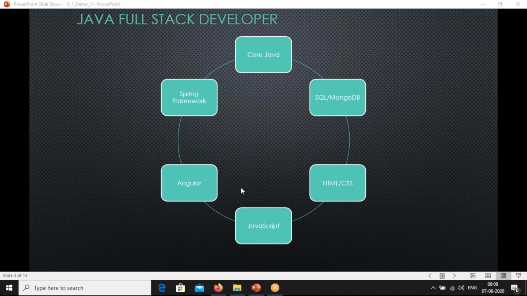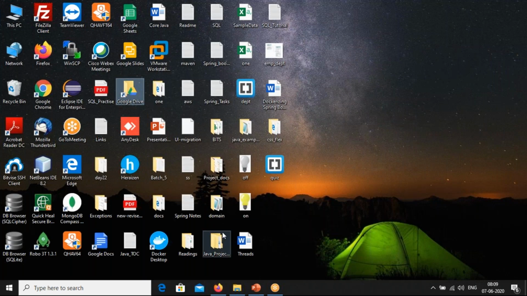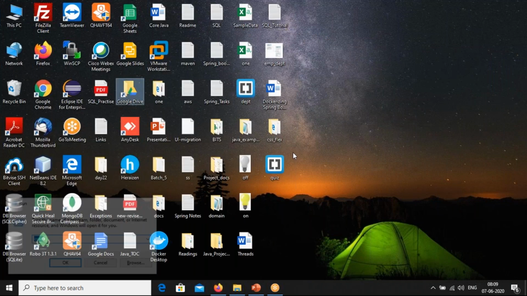At the same time, JavaScript knowledge will help you in MongoDB as well, especially when you're dealing with MongoDB. You'll be writing queries as JSON objects, like you write queries in JavaScript. Then once you get a hang of Java, HTML and CSS, and a fair knowledge, we'll move to the Angular framework. This is where you will be learning about Angular.